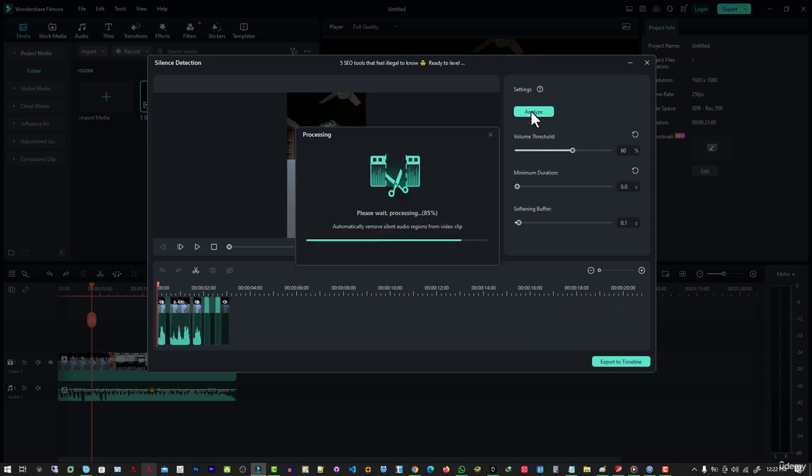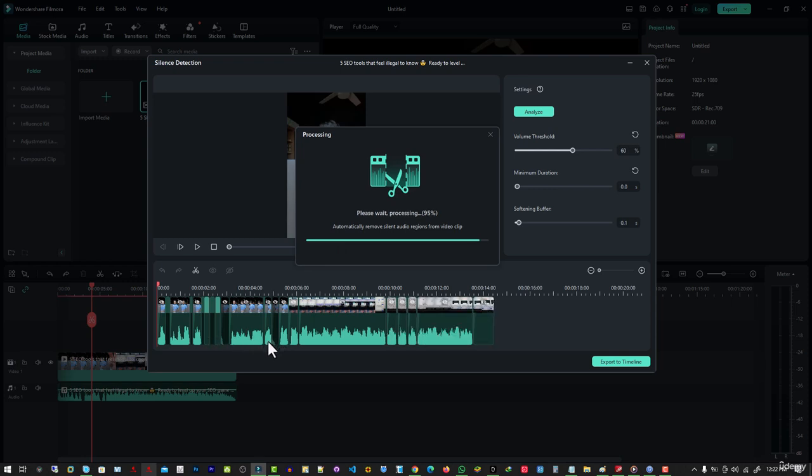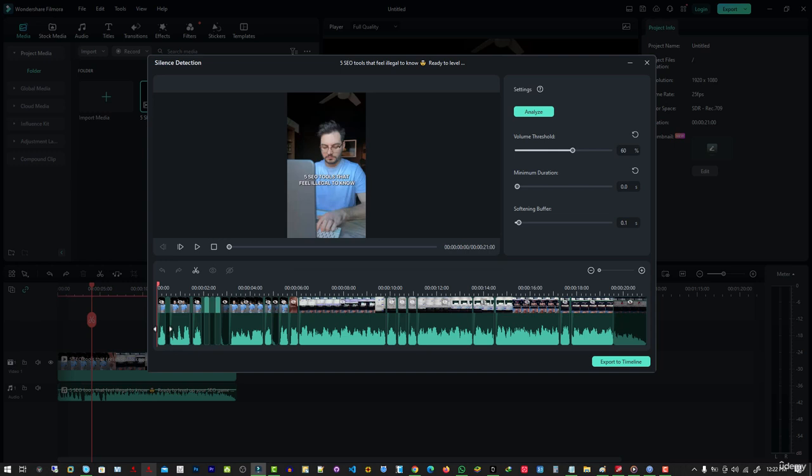Okay, as you can see, it has done a great job removing the silence. So this place is a silence, this place is silence, this place is silence. It has done a great job. If you don't like the area we cut, you can also go ahead and modify it as well by reducing and increasing the threshold as well. So basically, when you play this video now, you find out that it's going to play